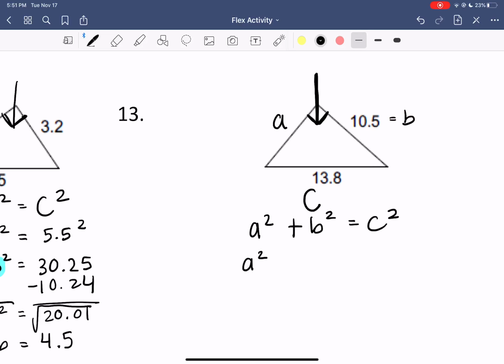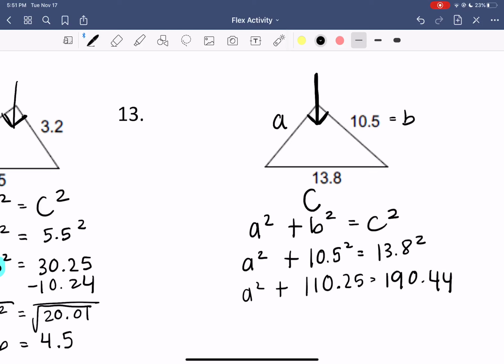So if I go a squared plus 10.5 squared equals 13.8 squared, then 10.5 squared is 110.25, equals 13.8 squared, which is